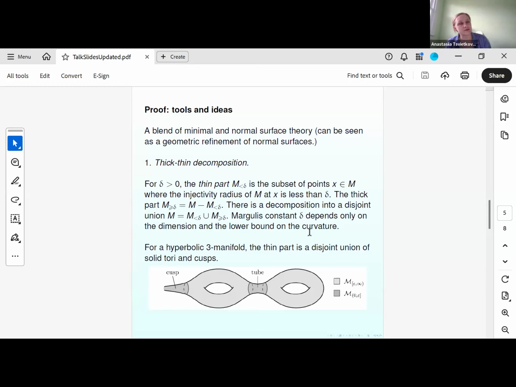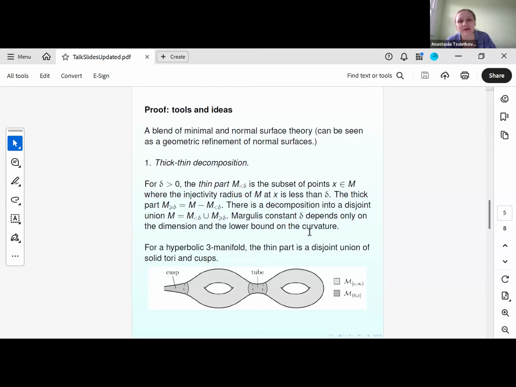Here, transversality is now to a triangulation, because your manifold might be closed. And this, of course, suggests using normal surface theory, because normal surface theory is based on transversality. But normal surface theory, as we saw, alone doesn't give you any polynomial bounds. It gives you a bound which is a tower of exponentials. So what you can do, you can